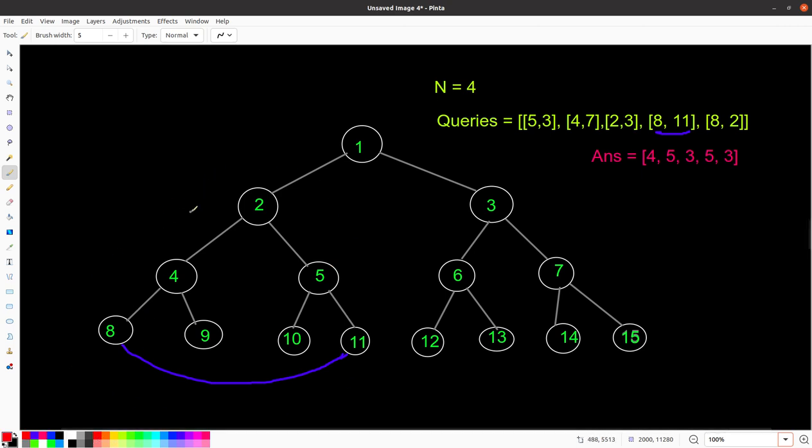Also what we can do is, if we know the height of the parent, so this node 2 is the first parent, or the first common parent between the node 8 and 11. So if we know L1, which is the distance from 2 to node 8, 2 is the common parent, the first one,